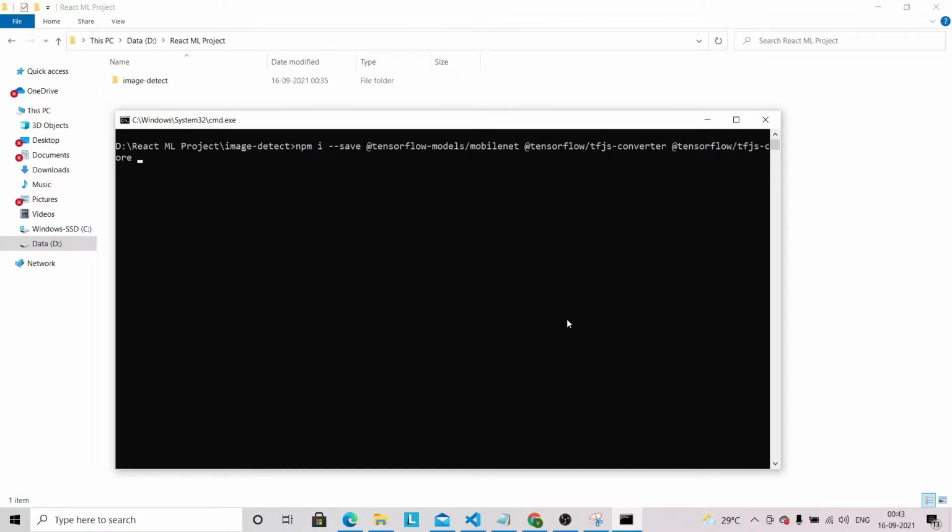We are also going to use Sass in this application, so we need to install node-sass. Okay, so let's install all these packages.